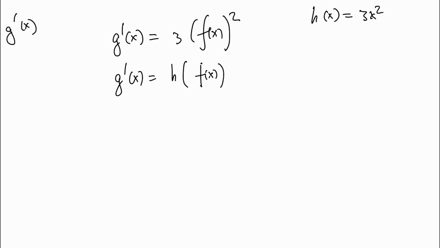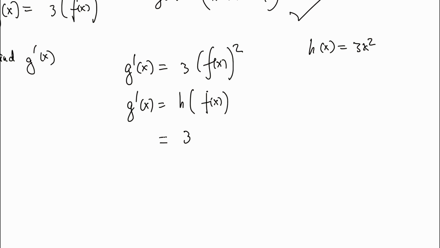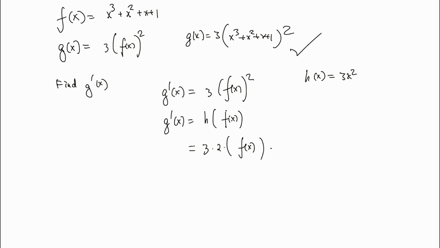So we want to find the derivative of this. And the derivative of this is basically taking the derivative of this part. So that is equal to this h right over here of f of x, that is 3, and we want x squared and we want to take the derivative of that, so 3 times 2 times this x, so x squared, so we want the f of x here and apply the chain rule. Don't forget to take the derivative of this function as well. So that will be times 3x squared